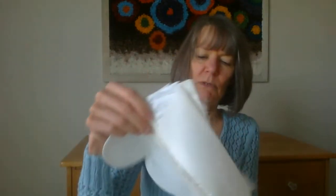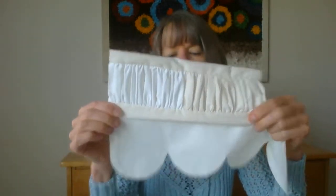It could be used in a lot of different ways. And again, you know, I don't know. Could we add it to our scalloped edge? I suppose we could. Anything's possible. But I liked the ruching detail. And now